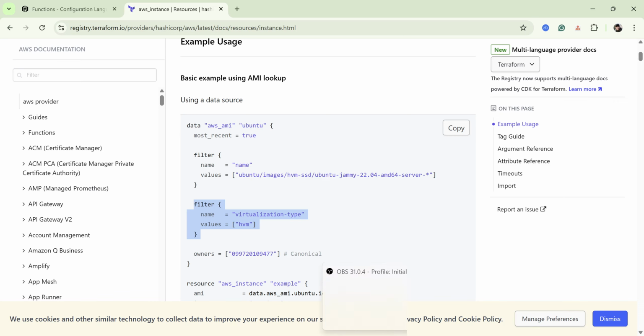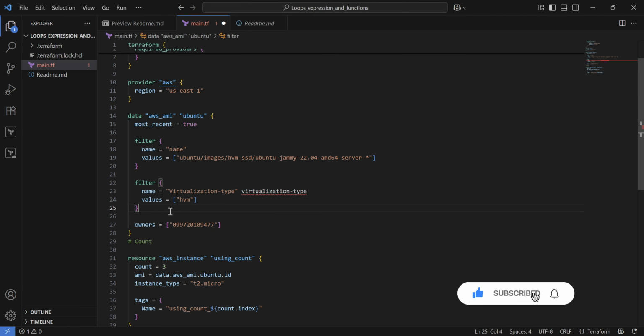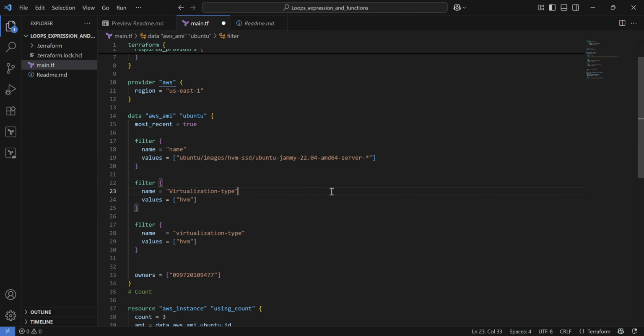We write in the same format, right? It's supposed to have the correct format, but it's not getting the correct one. So we can check it out, oh, we wrote the V as capital, it's supposed not to be a capital V. This kind of mistake happens when you are writing code just by